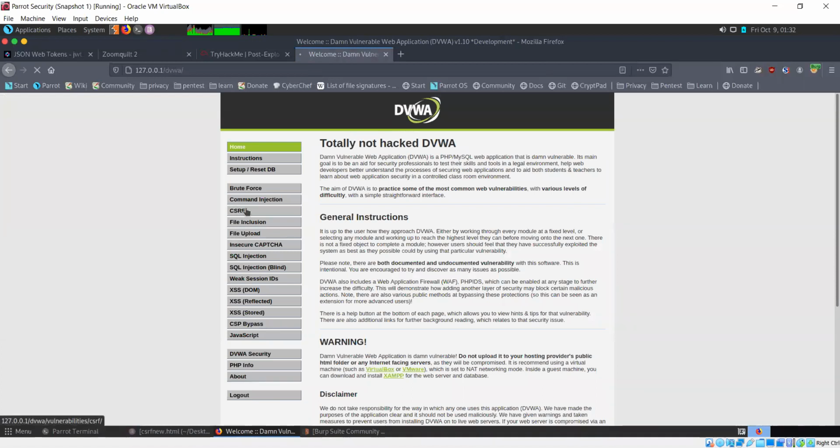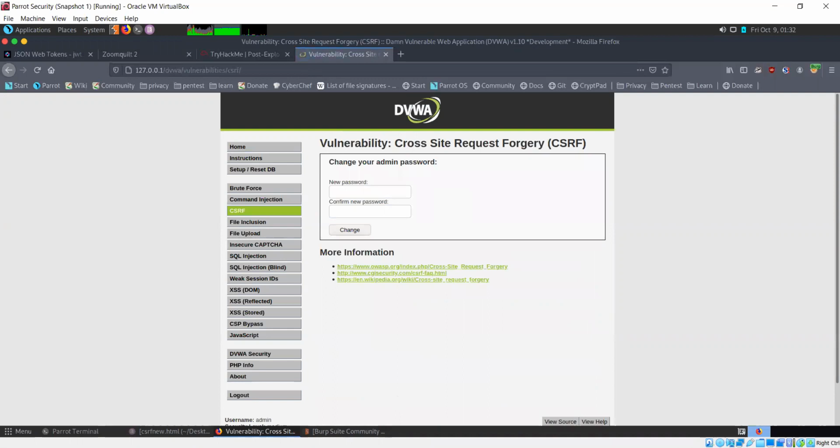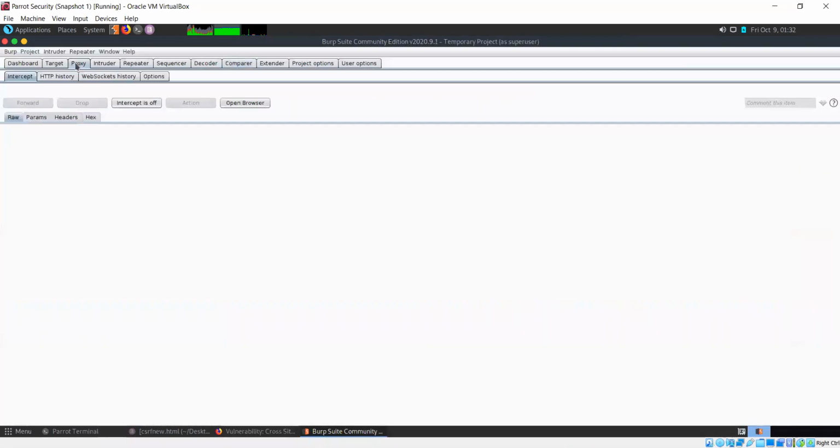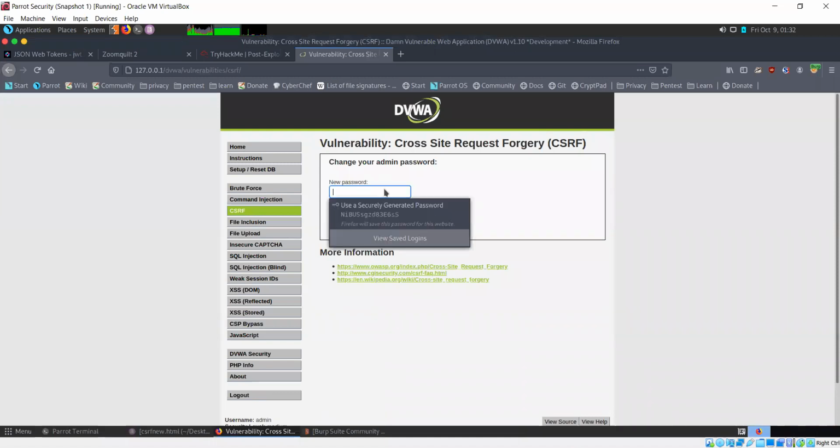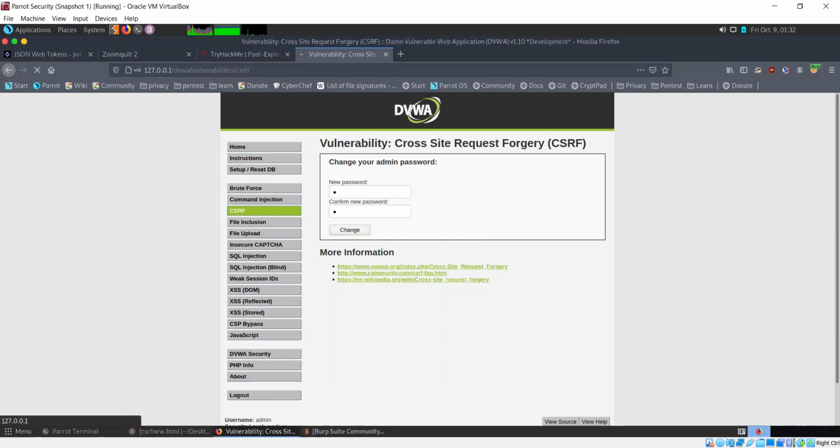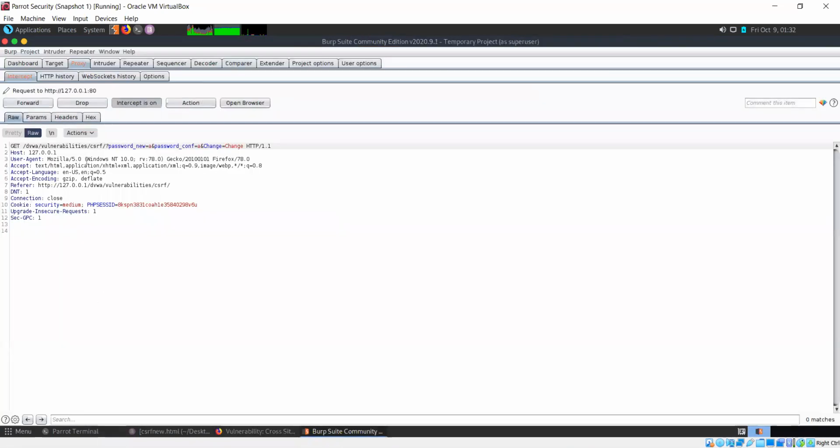CSRF, and going back to proxy, turn intercept on, press A in both cases. I click on change. Now I have intercepted that request. I'll simply copy this referrer header, drop this packet,